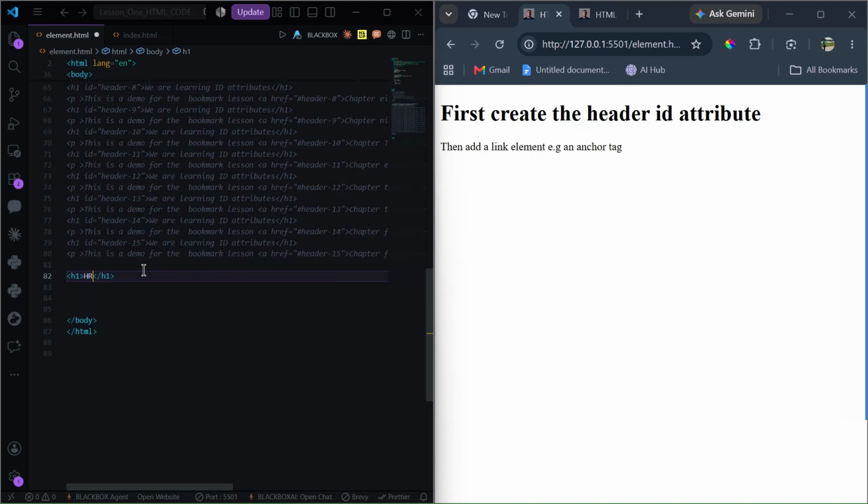We say JS ID attributes, okay, as a heading. So next, we'll just add a simple DOM element or DOM manipulation using JavaScript and ID attributes. So the first thing we want to do here is to actually apply